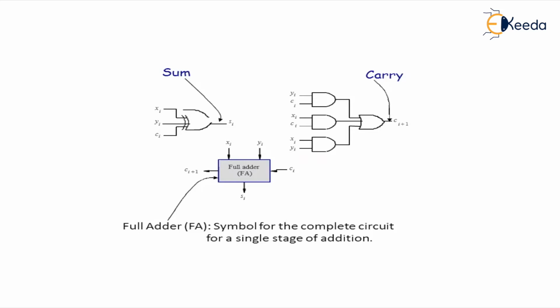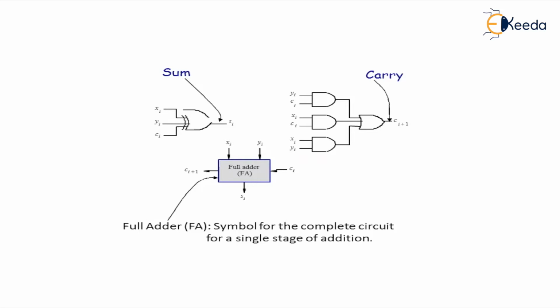The AND gate is the combination of xi, ci, yi and xi and yi and ci, and the output is generated which goes to the OR gate, and the OR gate will generate carry or not. It is not sure that the carry will get generated by the OR gate or not.